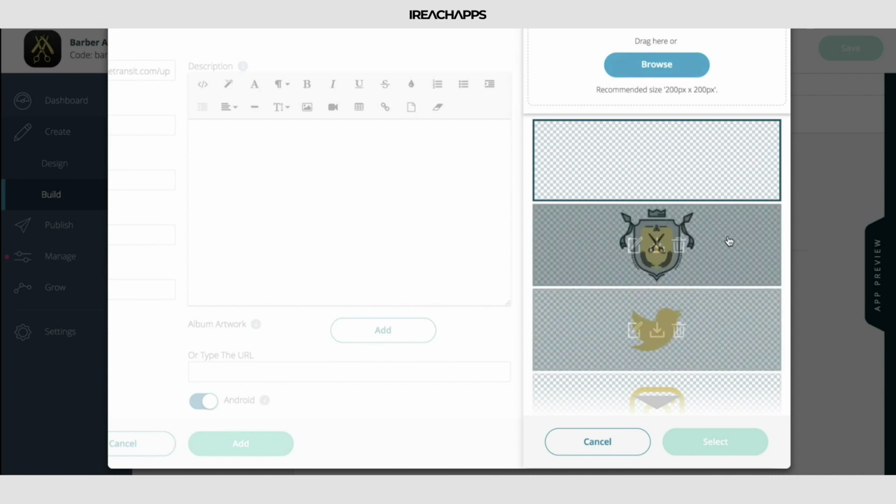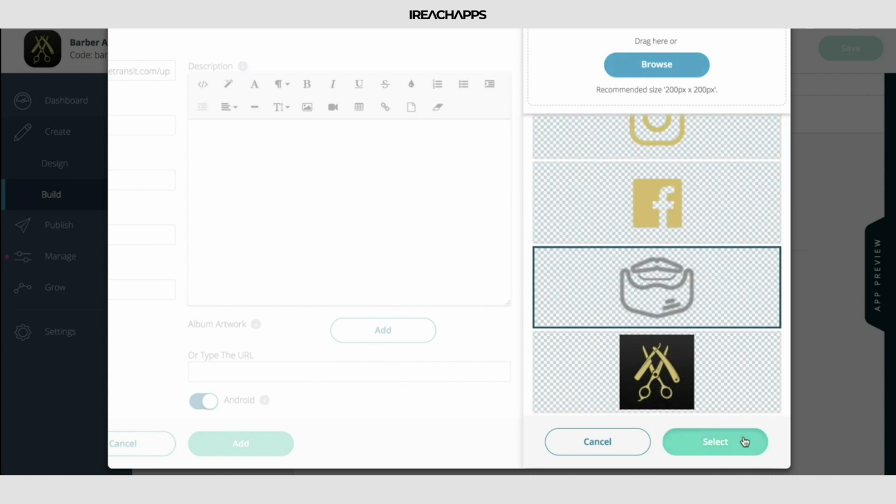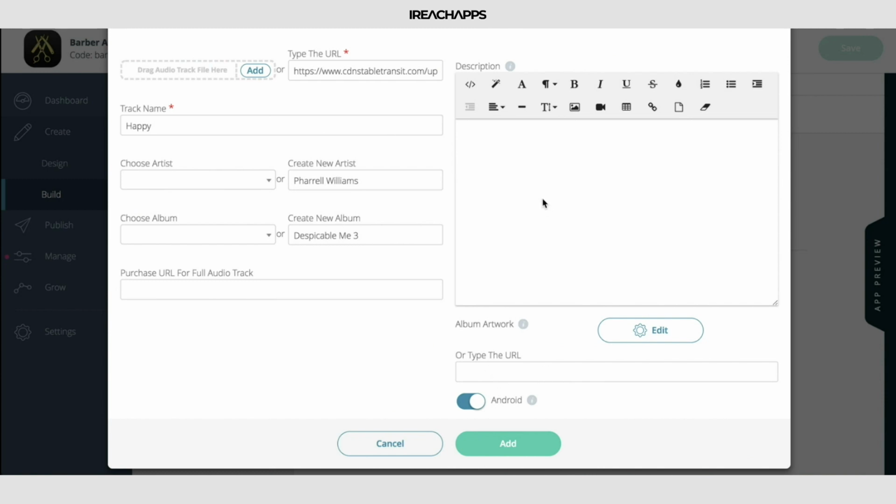Why not? So I'm going to add a little beard. Why not? That'll look real nice. And for description, let's make this very simple. The Happy by